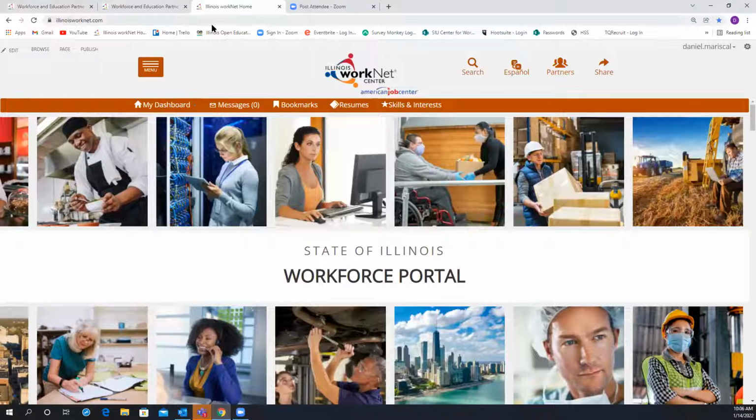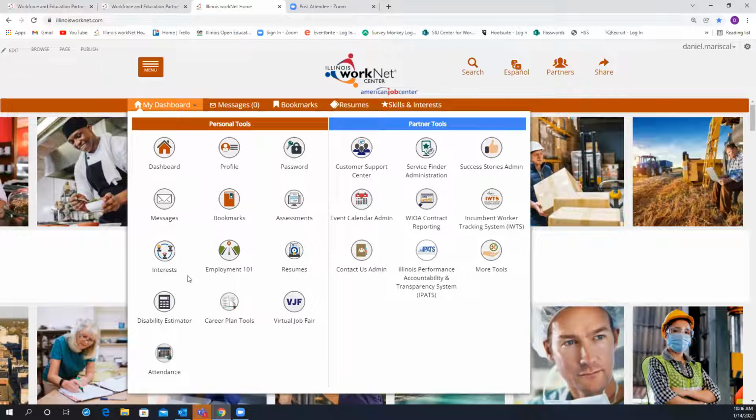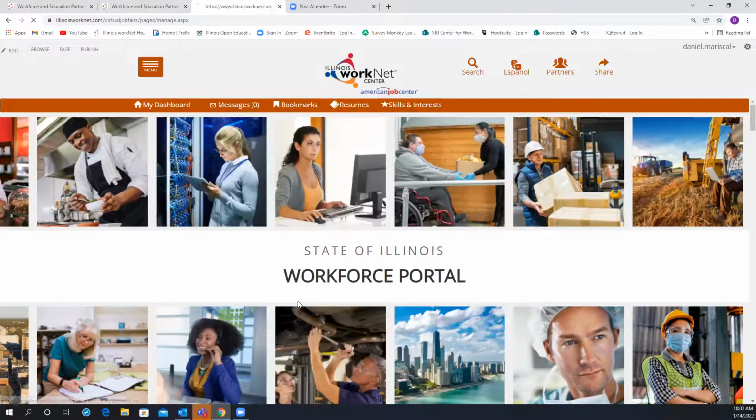So we're going to redirect our efforts here to the Illinois Worknet homepage. Again, just illinoisworknet.com. Click on that. This is what you will get, the homepage here. As partners, you should have been given partner level access to the VJF tool. Now, how you're going to access that is, as you'll see here, I'm logged in. You'll want to be sure that you're logged into your account on the homepage. If you go over to the My Dashboard dropdown up here at the top, and click on that, you should see an icon that'll say virtual job fair. If you click on that,